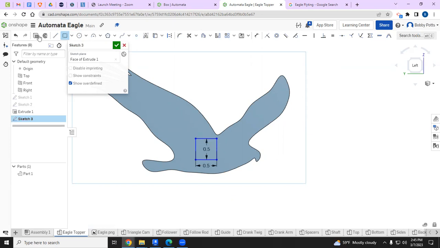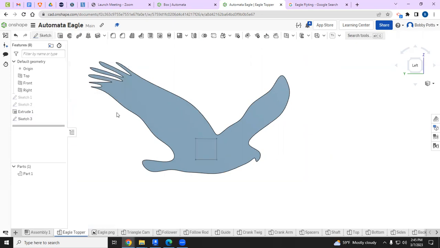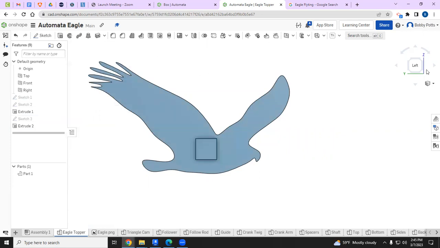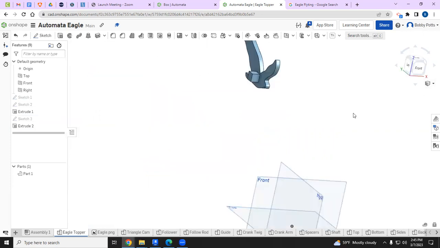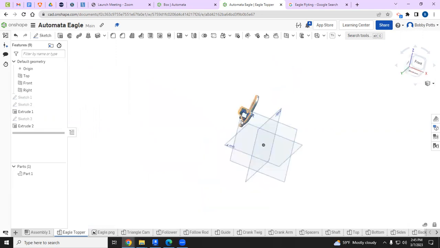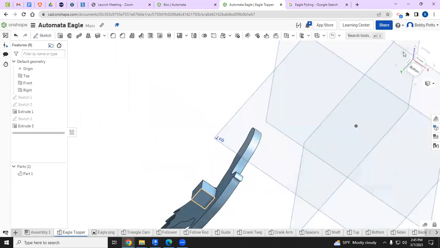Okay, and let's extrude it 0.5. Okay, so the back of our bird's got a box,